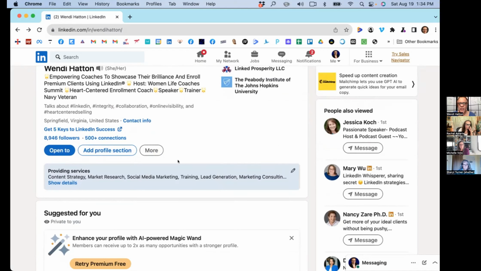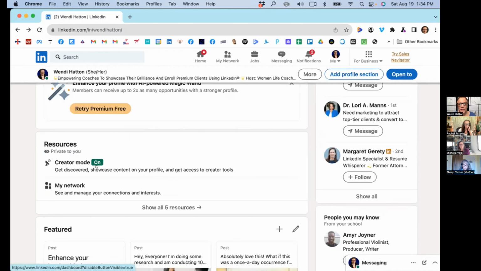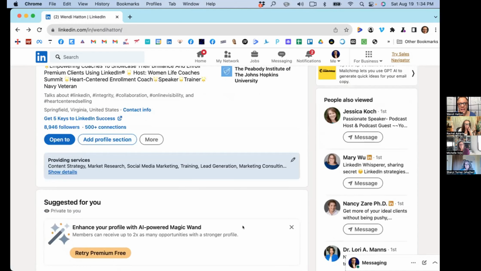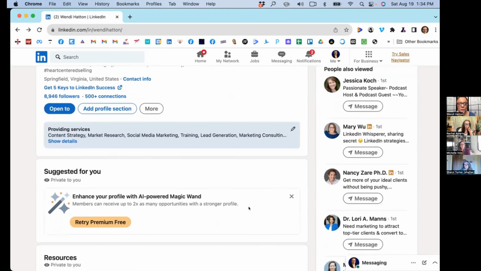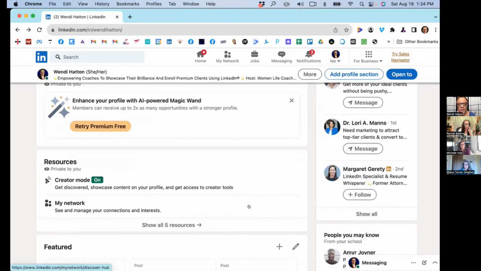So if you don't have that many connections, I would just keep that creator mode off for now, so that you can start getting people that'll say connect there, and they'll just click the connect. But once you do open up the creator mode, you'll get all these other tools. Like you'll get the newsletter. You'll be able to create a newsletter. They started an audio feature, similar to how Clubhouse is,